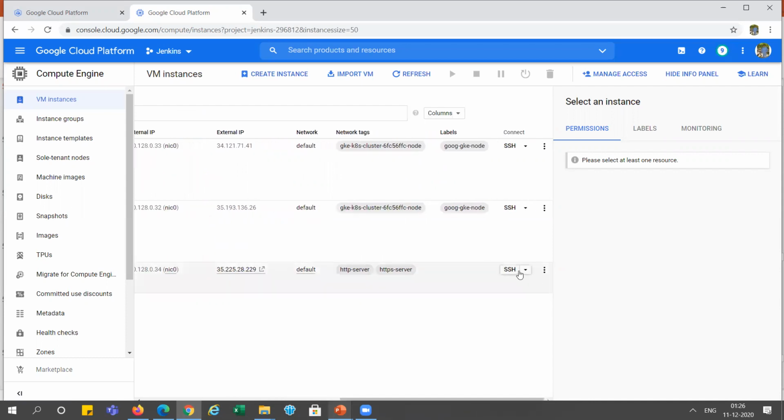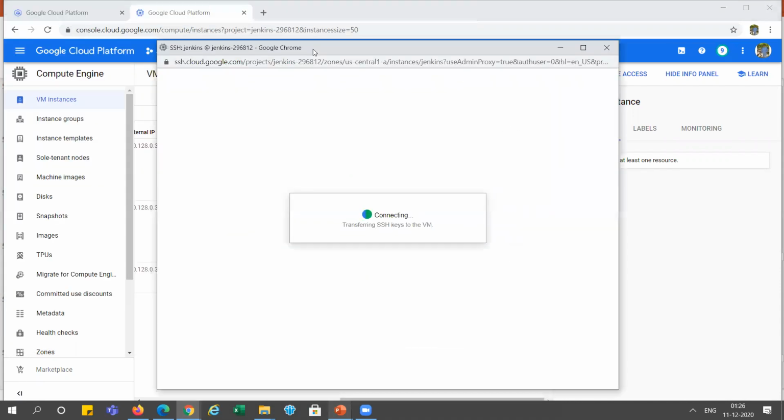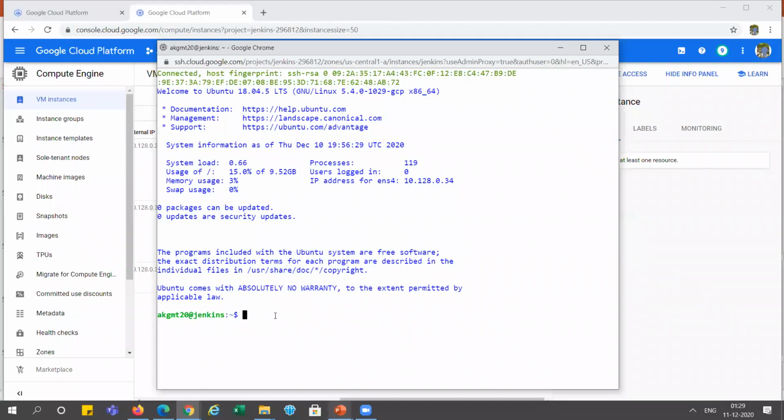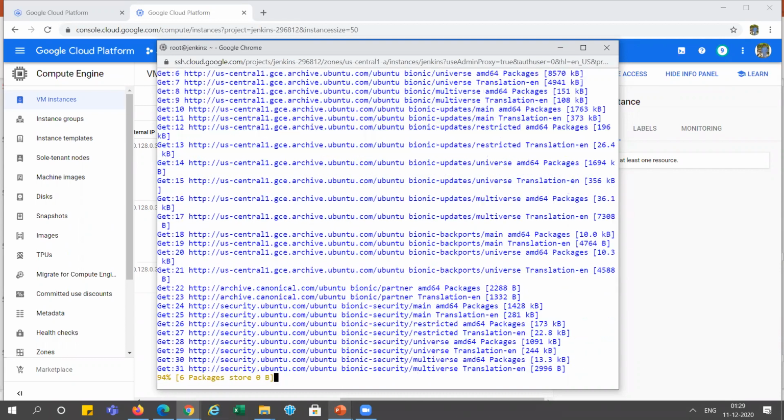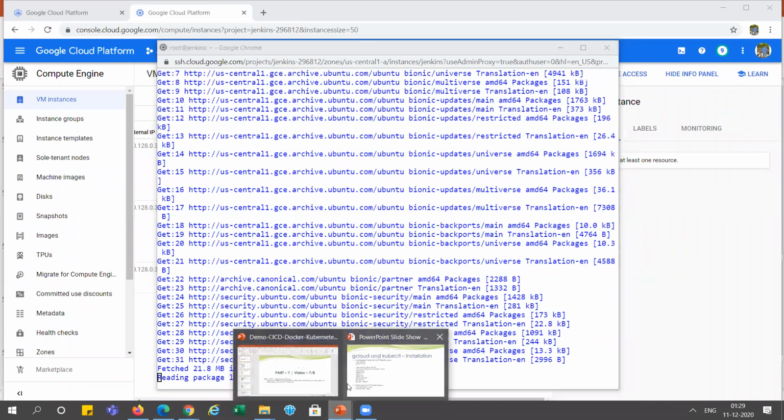Now I will connect with this instance. Now it is connected to the Jenkins server. Let me take sudo. Now I'm just updating the package, sudo apt update. Now go to the PPT and we will check.